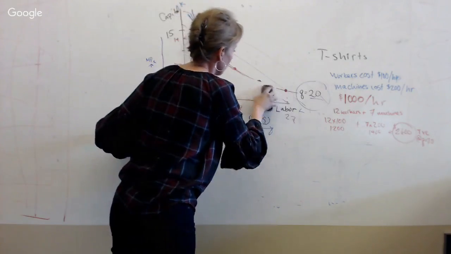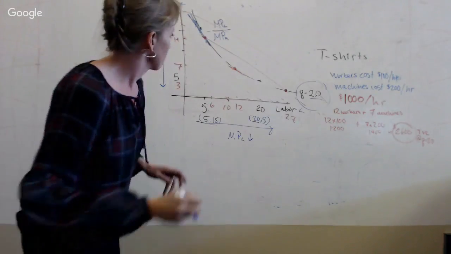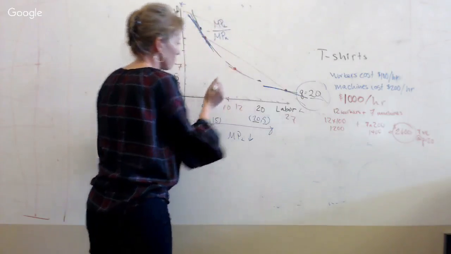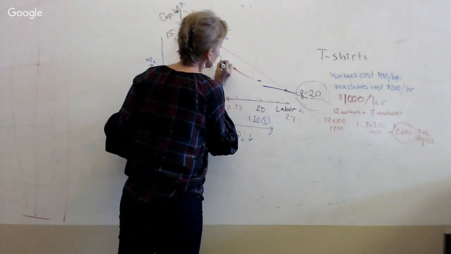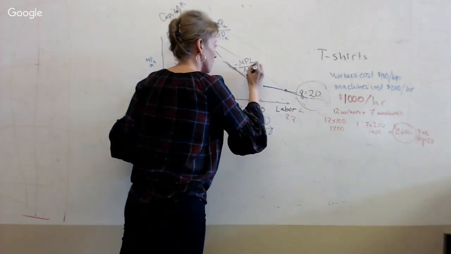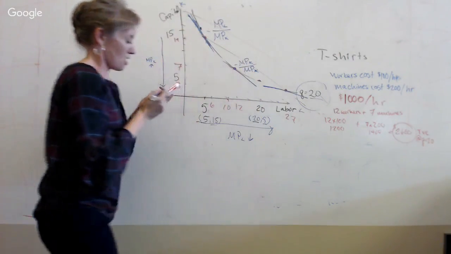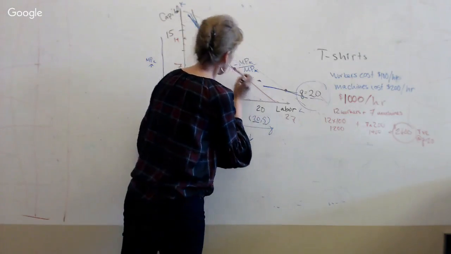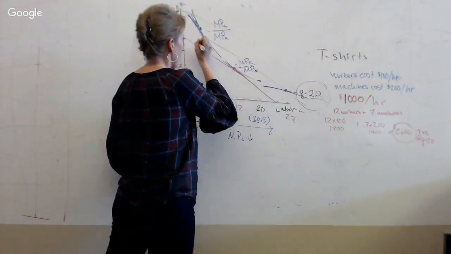Now I'm going to clean this up because there's something I forgot to mention. We remember marginal product of labor and marginal product of capital. Right here, we've got marginal product of labor divided by the marginal product of capital. We also have our ISO cost curve. So these two slopes are the same.